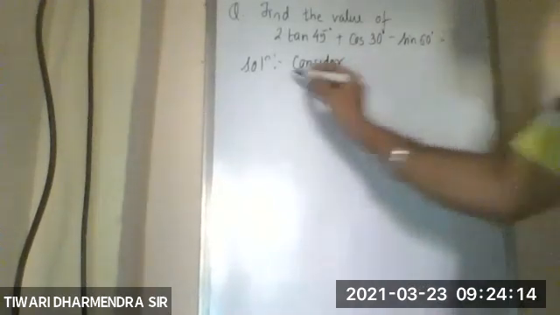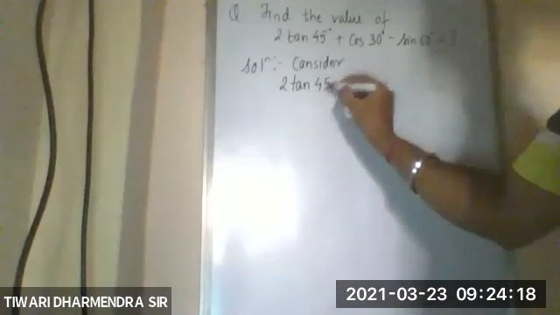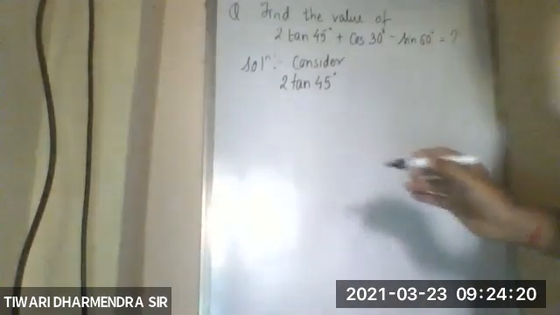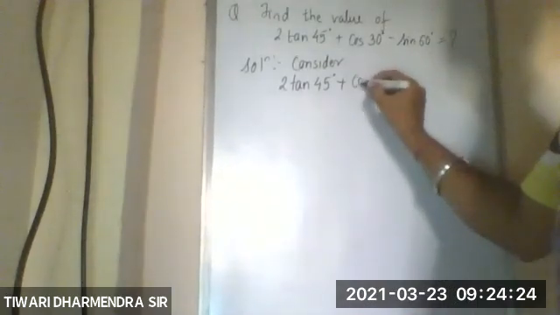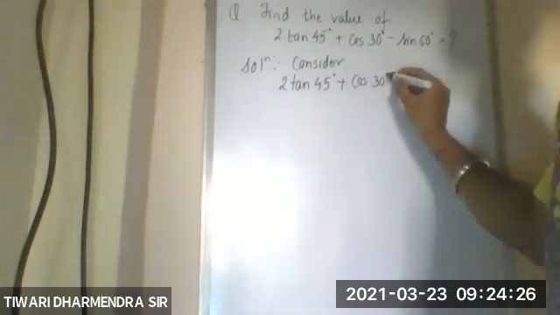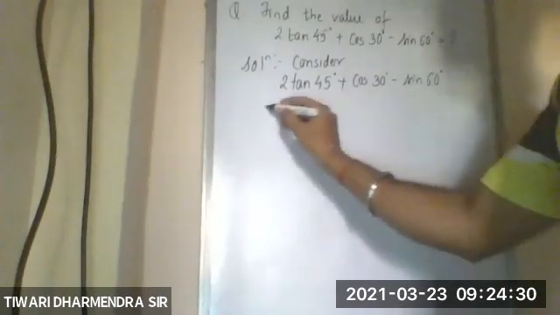Consider 2 tan of 45 degree plus cos 30 degree minus sine 60 degree is equal to,